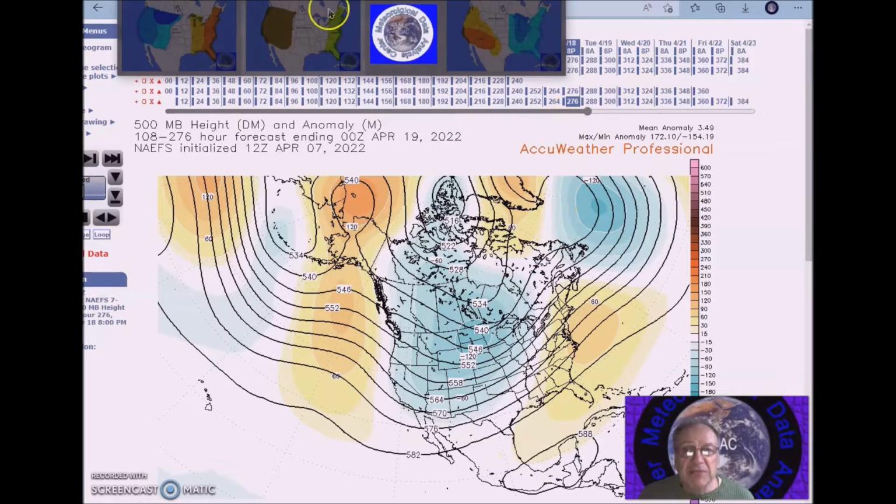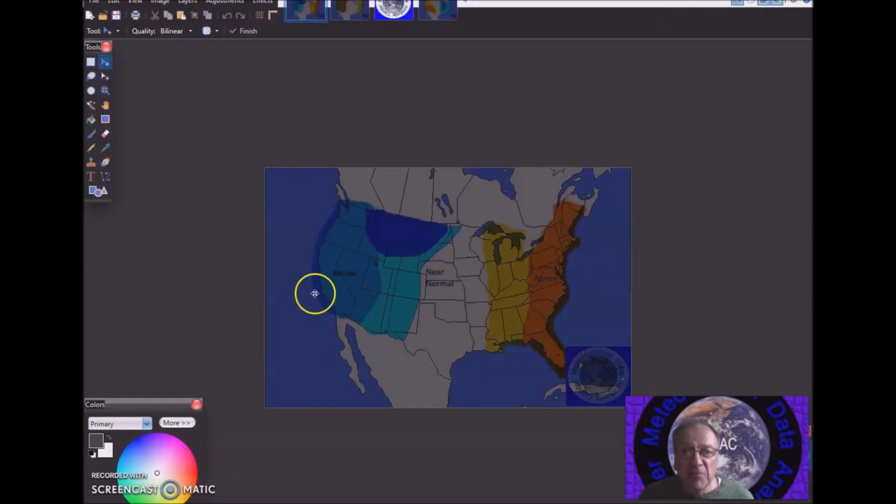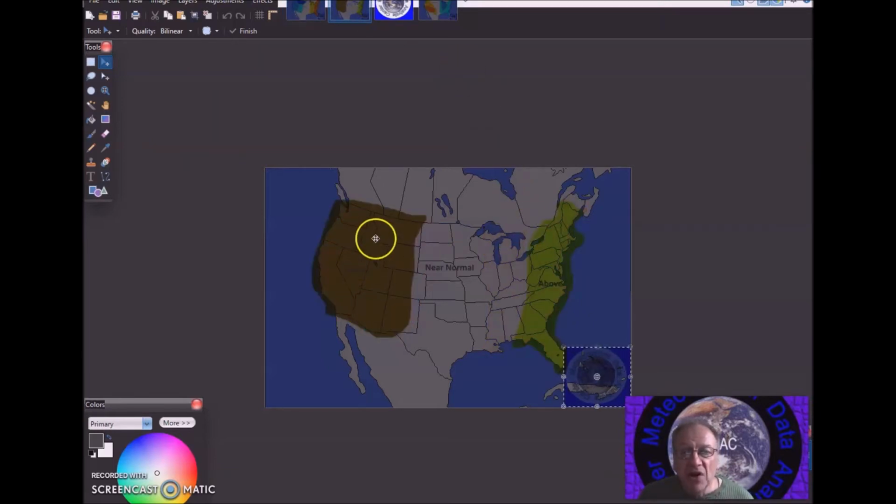So for this forecast period, I'm calling for below normal temperatures here, and I'm calling for anomalies to maybe be greater than 8 degrees below normal, again across the northern Rockies and the northern plains. Above normal temperatures are forecast here, with anomalies of 2 to 6 degrees above normal. For precipitation, I'm calling for below normal precipitation for most of the west, and the probability of occurrence is 35 to 40%, and we have above normal precipitation forecast here, and the probability of occurrence is near 35%.